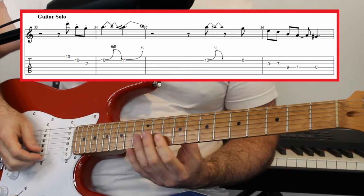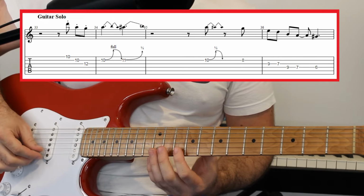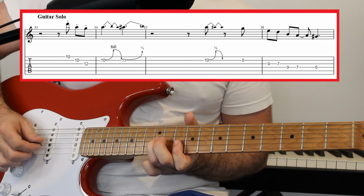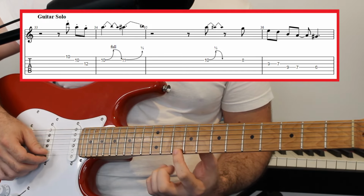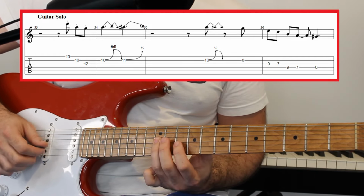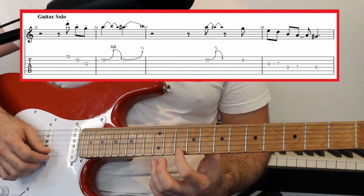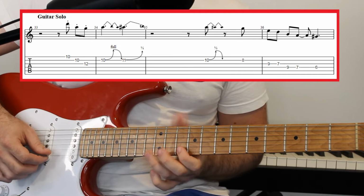Okay, so we now get to the interesting part, which is the guitar solo. And we can see the first part on the screen. We play, after 3 beats rest, we go 1, 2, 3. And we're making it a little bit staccato, so it's 10, 10, 12. So all I mean by staccato is make it short and snappy. Rather than playing it nice and smooth, we want...